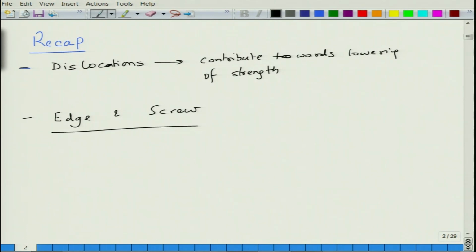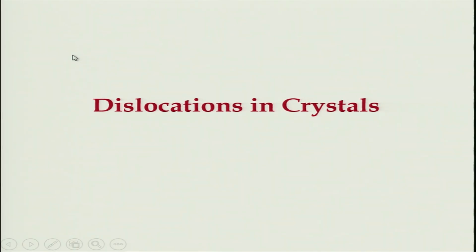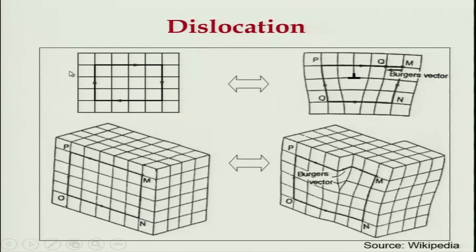So, just for the ease of visual appreciation, I am going to show you a PPT in this lecture. We already had the discussion in the last lecture, so we will just go through it briefly. This is what dislocations basically are. If you look at the perfect crystal, if you start from P, you go to M, M and O. If you start from M, you go to N, you go to O, you go to P, you go back again to M. The number of steps up and down and the number of steps left and right are similar, and you reach the same location by going up and down and left and right.